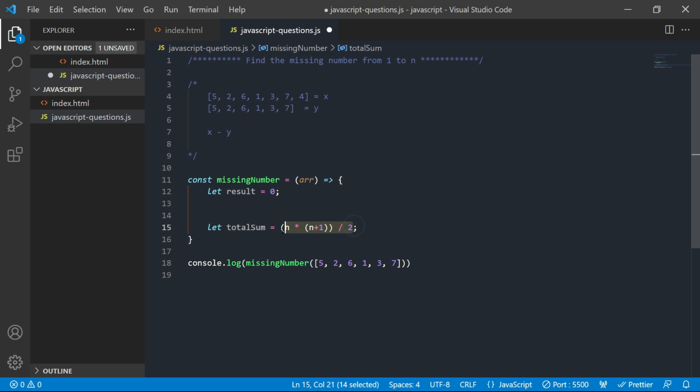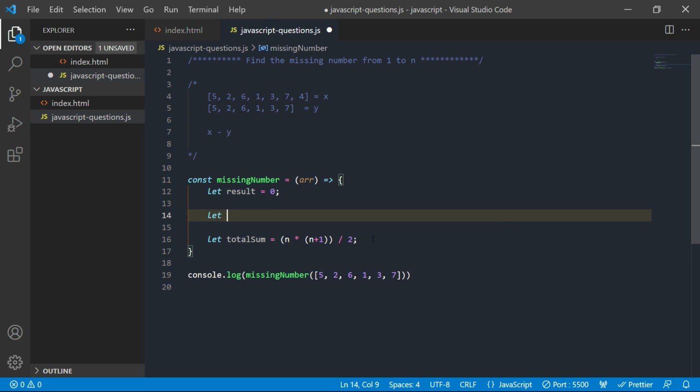This expression gives the total sum of the numbers 1 to n, right? Here n will be the length of the array of 1 to n numbers. So let's take n as a variable, array dot length plus 1, because the given array has a missing number, so we add plus 1 to the array length to include the missing number.